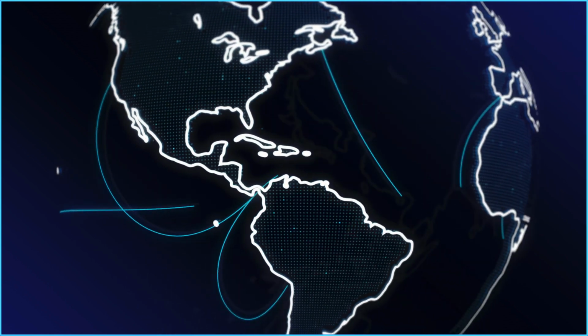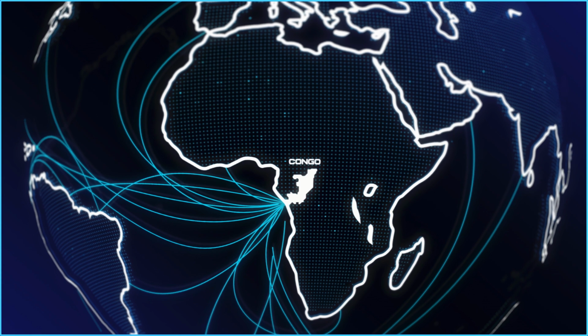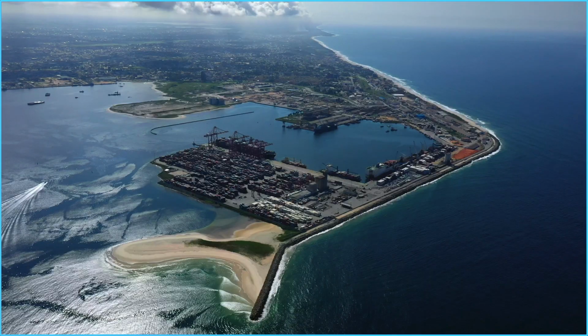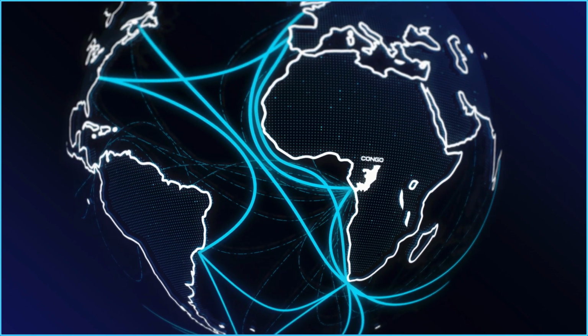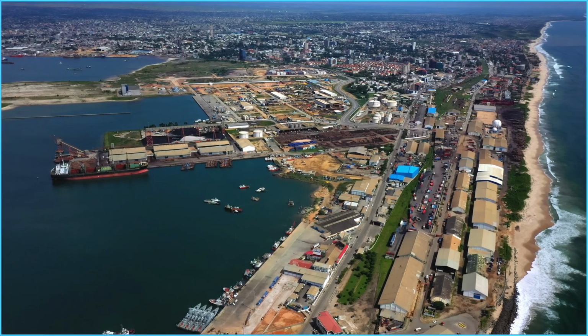Before arriving at our doors, some of them cross vast oceans on large ships, then transit through the autonomous port of Pointe-Noire, the ocean gateway of Central Africa, the first deep water port in the Central African sub-region. Located at the crossroads of Africa's major communication axes, PAPN is the ideal strategic tool for the economic development of the